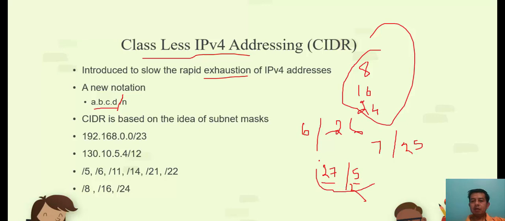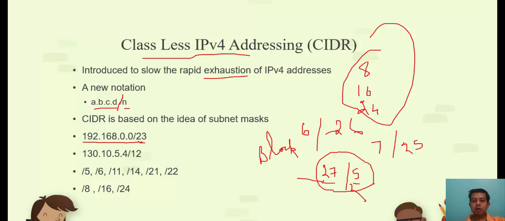So one of these is popularly known as a block size. When you want to buy something, you say I want to buy this block. Depending on my requirement, I want to buy a block of say /27, or /7, anything depending on my requirement. So this number n indicates the number of bits used to indicate the network size. So if I have this example, say